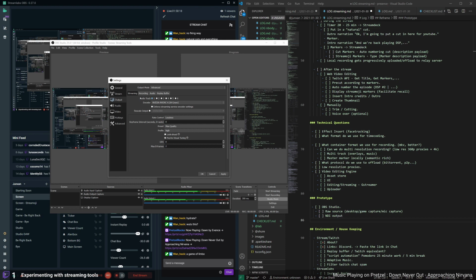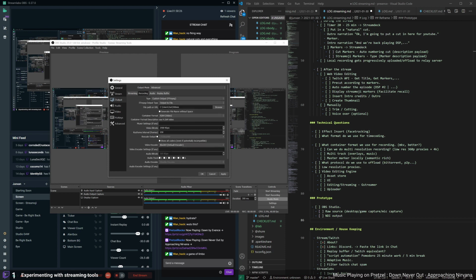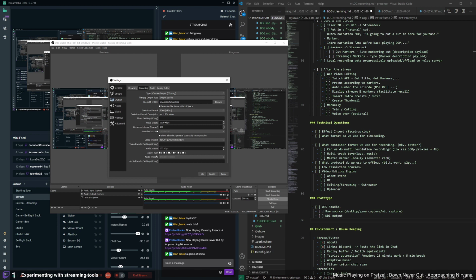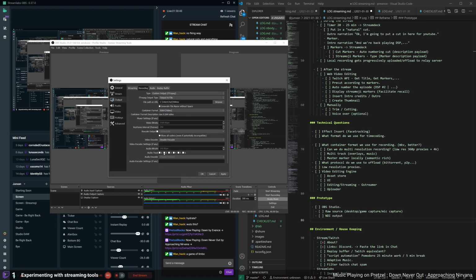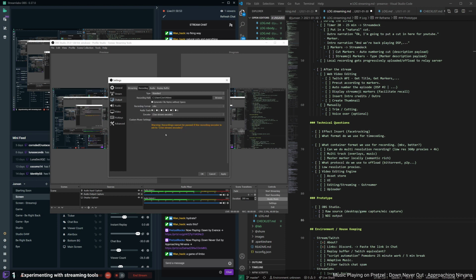For streaming, I can select one of the audio tracks, so that's fine. For recording, apparently, I can't select the audio track. So I need to disable the encoder? No. I need to do standard. Ah, yeah, standard. I see. Yeah, that's right. I was in custom output FFmpeg, and I need to select standard, and then I can do